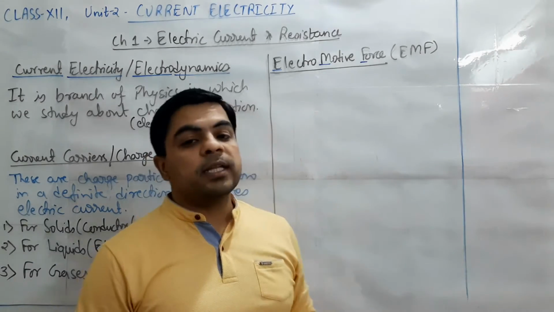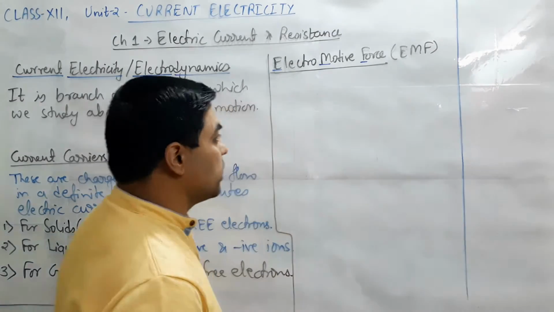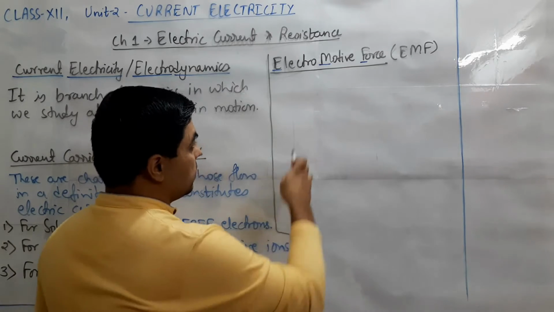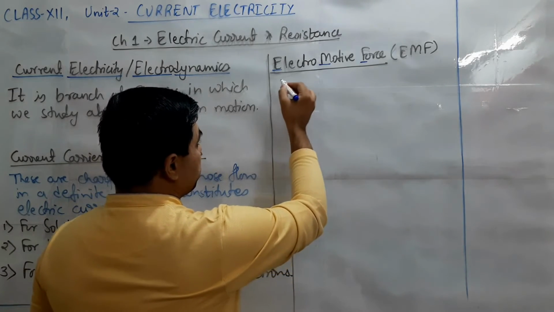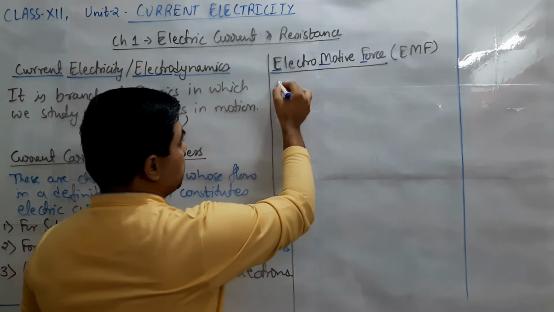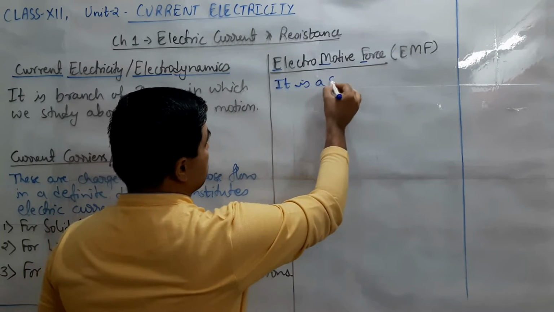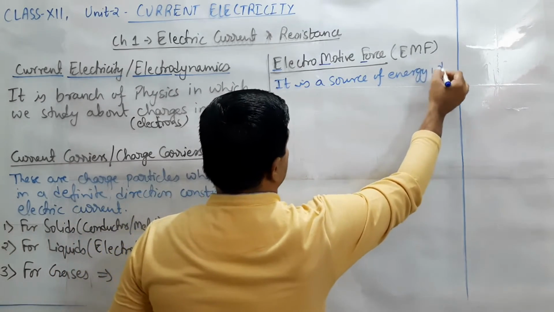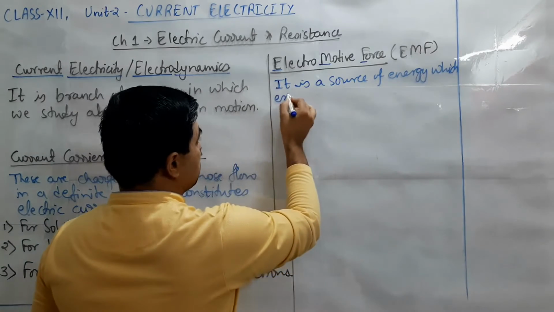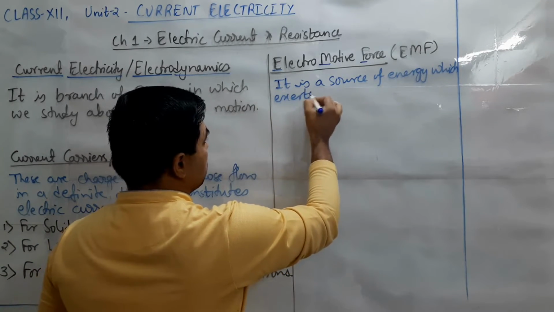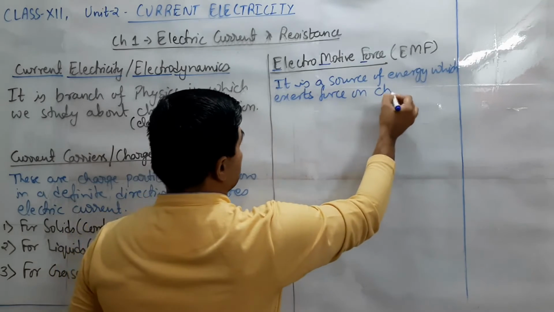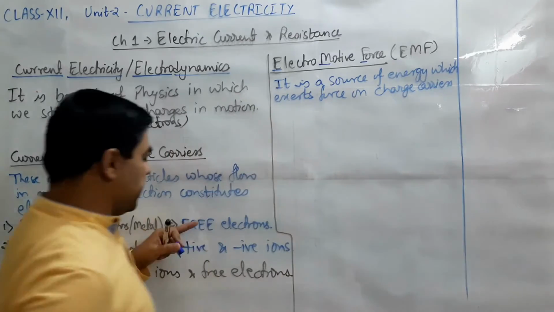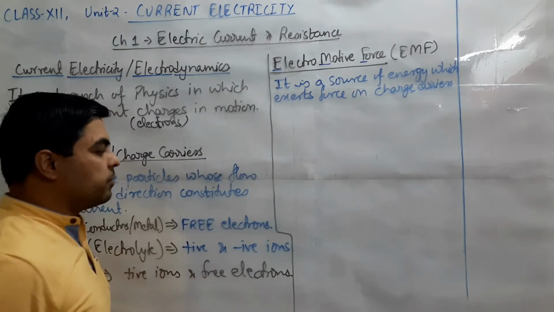So for that we should apply this type of source in the circuit or in the medium in which we require electric current. And for that, first of all, let's define this. It is a source of energy which exerts force on charge carriers. It may be either free electrons or positive and negative ions, or positive ions and free electrons, depending upon